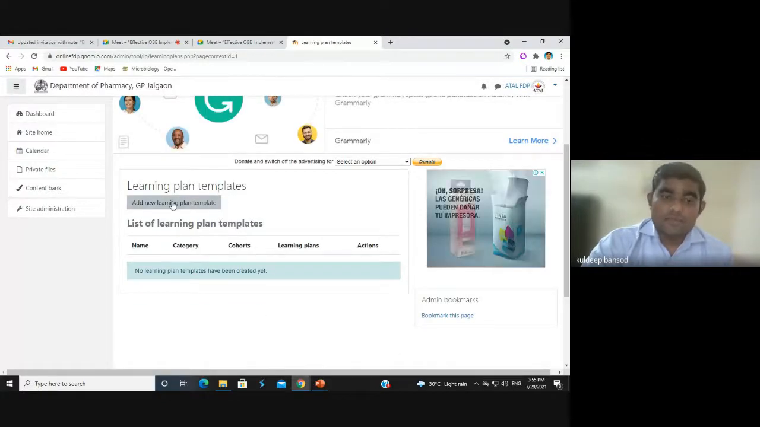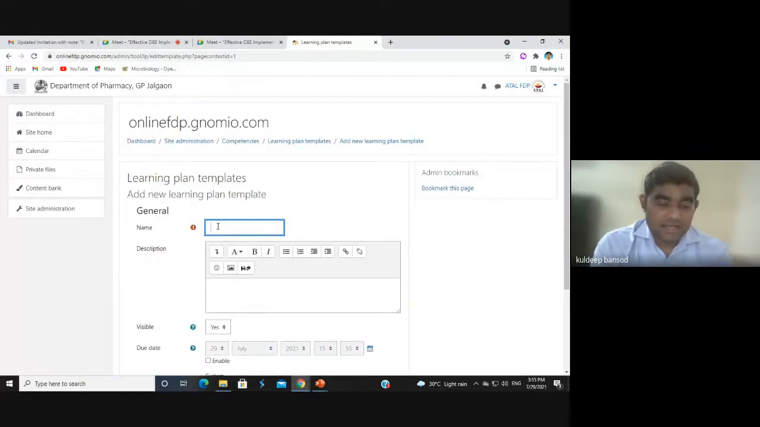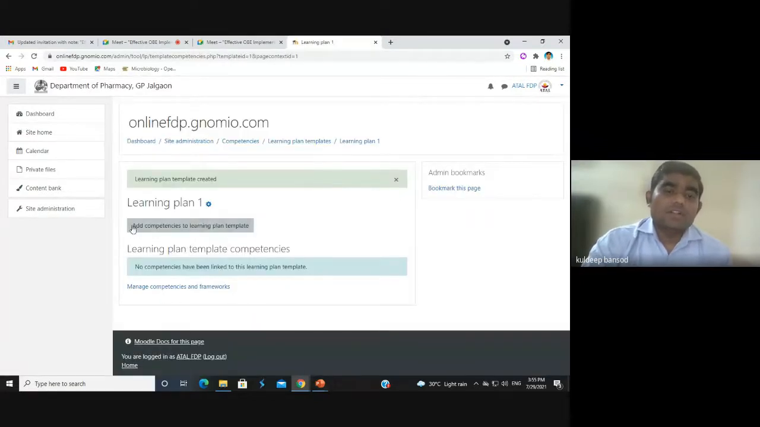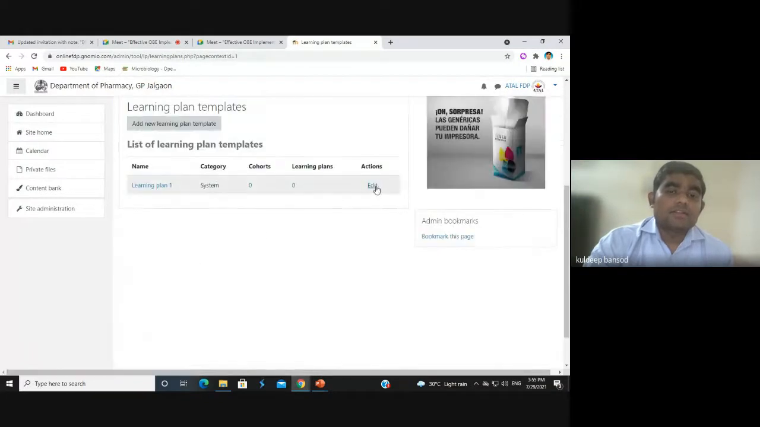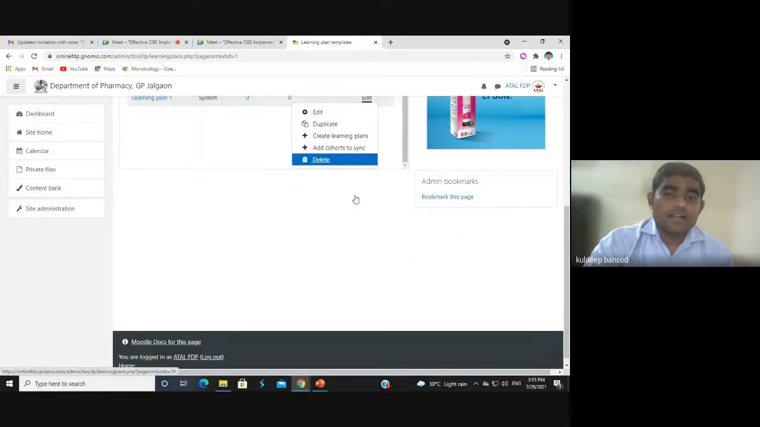Now it's time to add a new learning plan template, and here I am adding a learning plan. In the description, make it visible. If you want to have a due date, before this due date the student has to complete this competency. You enable it. I am going to save changes. Now learning plan 1 is created. Now it's time to add the students into this learning plan. Now click on edit, and here is